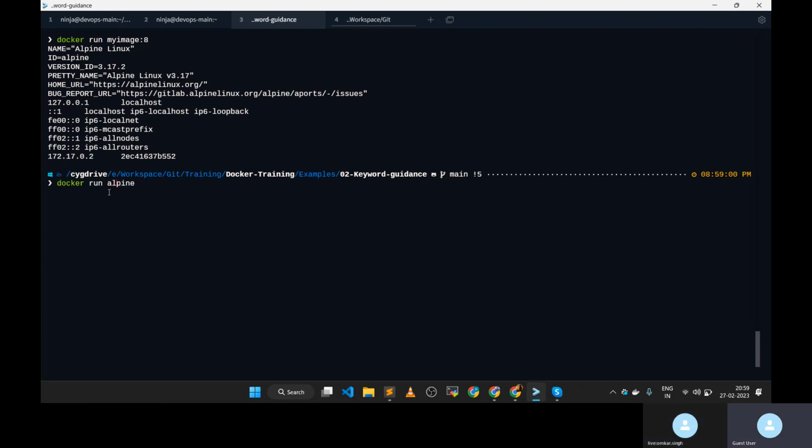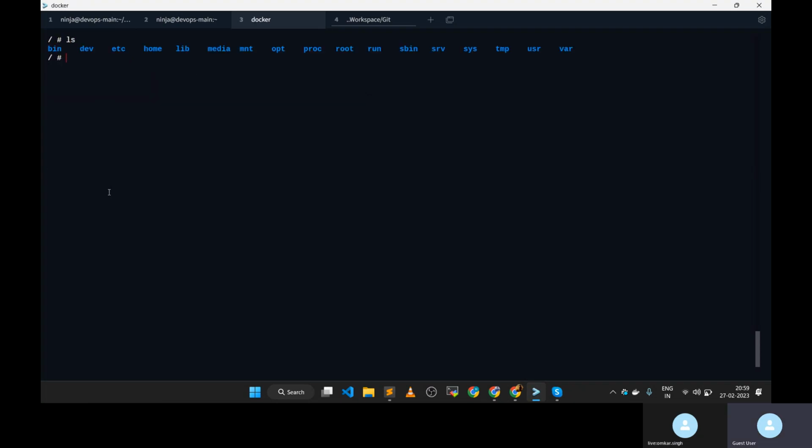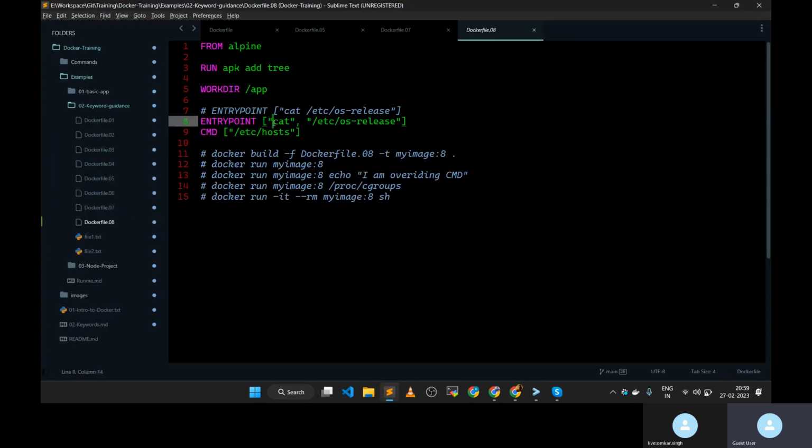Yes, I will show you one time. Let's go inside a container. Okay, so we are currently inside Alpine OS, and now we want to run this thing, cat